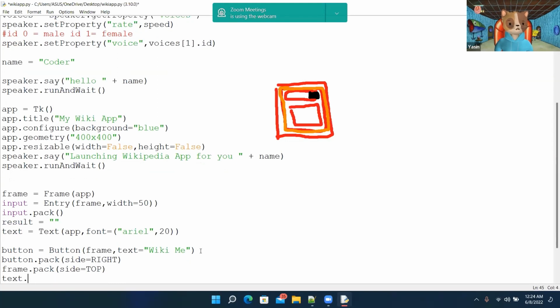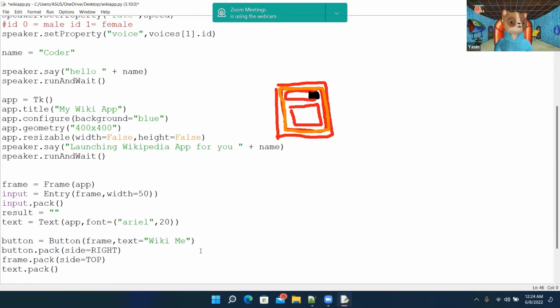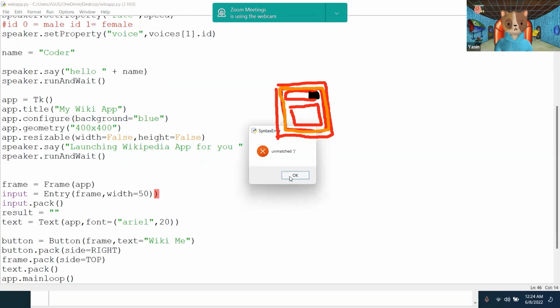And then we need to add everything together. Packing means you're just trying to put everything together in one place, and it automatically fixes its positions. And app.mainloop. So when you run it now, I forgot to close the bracket. When you close that thing, well,